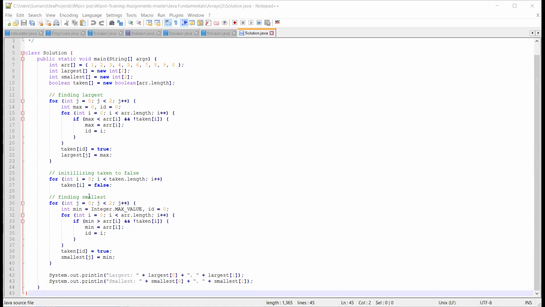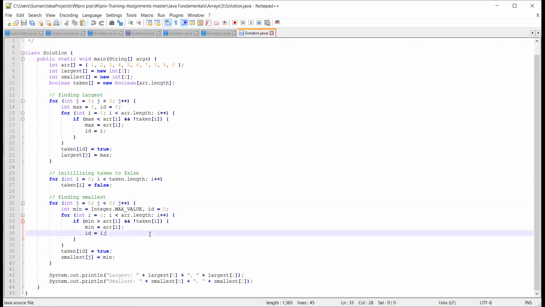To find the smallest number, I need to initialize the minimum with the maximum number. When you are finding the smallest value, we have to give the minimum the value Integer.MAX_VALUE, which gives the maximum value.